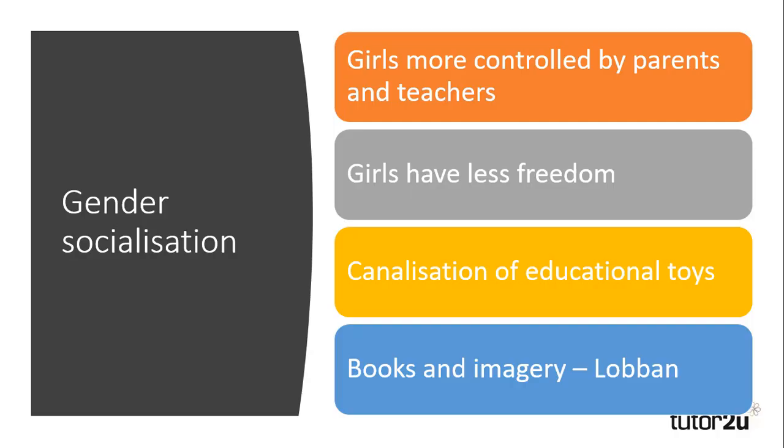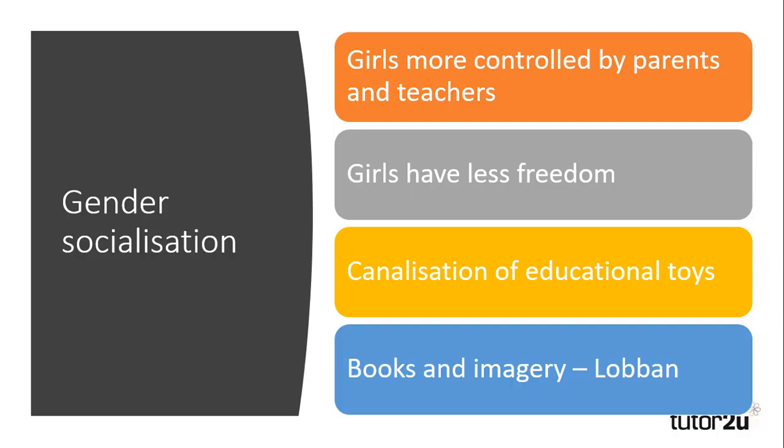Feminists suggest that gender socialisation appears to put girls at a disadvantage in society as they're socialised into being passive, obedient and subservient, which allows teachers and parents to exercise greater control over them. Girls are often provided with less freedom in comparison to boys, with controls on their time, space and bodies more evident than those experienced by males.